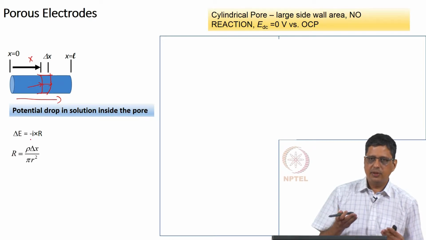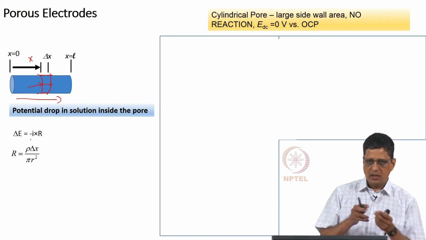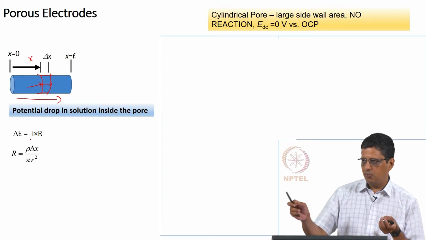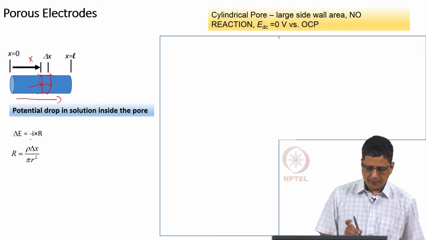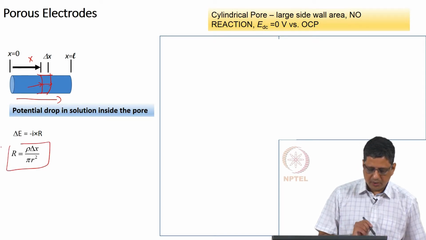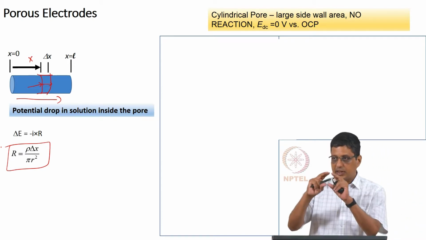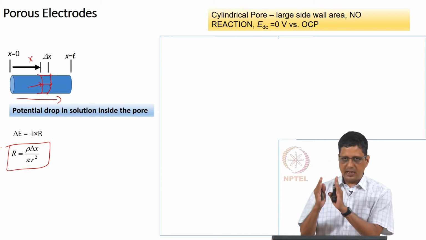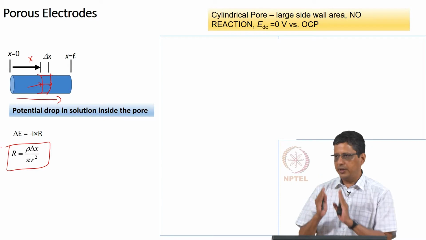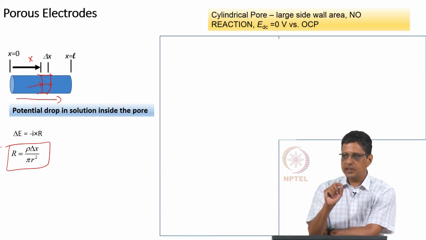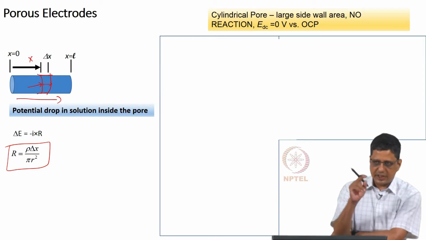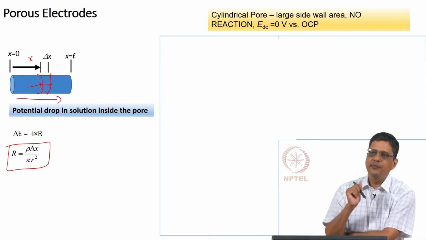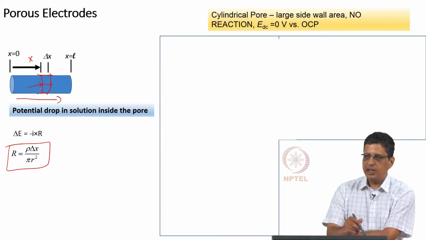The relationship between conductivity and the resistance is how long it is. If it is longer, you are going to have more resistance. If the area is more, you are going to have less resistance. So, that is given by the area here, for the cylindrical block containing the liquid. Solution resistance causes a drop in potential, and that solution resistance for this small cylindrical section is given by rho del x by pi r square.